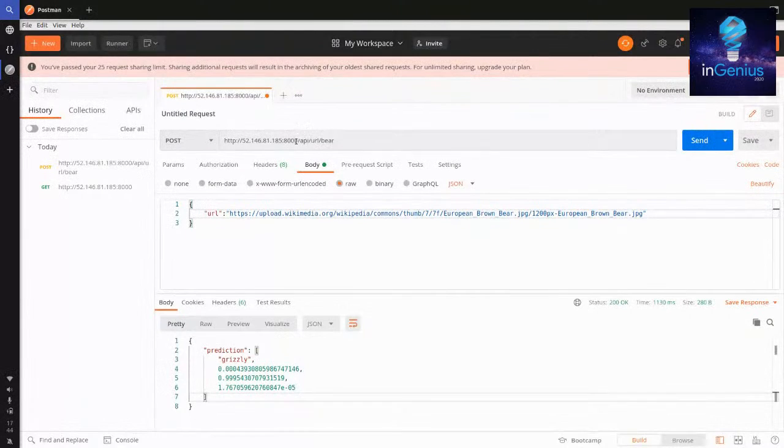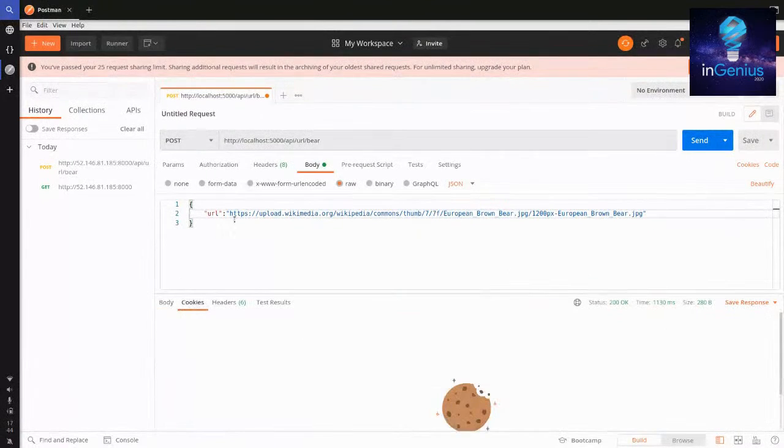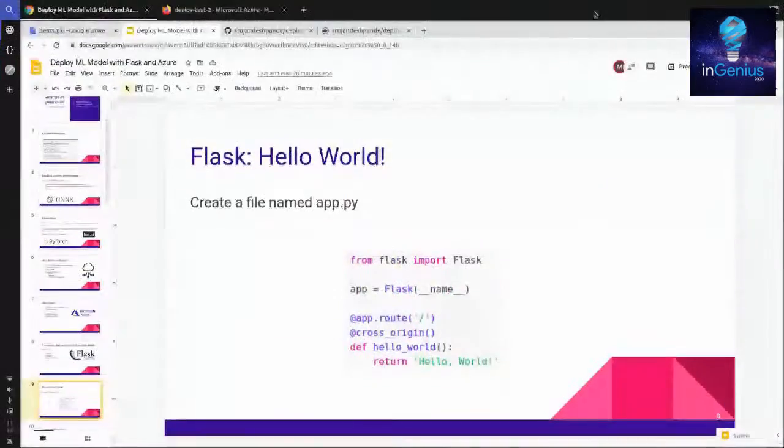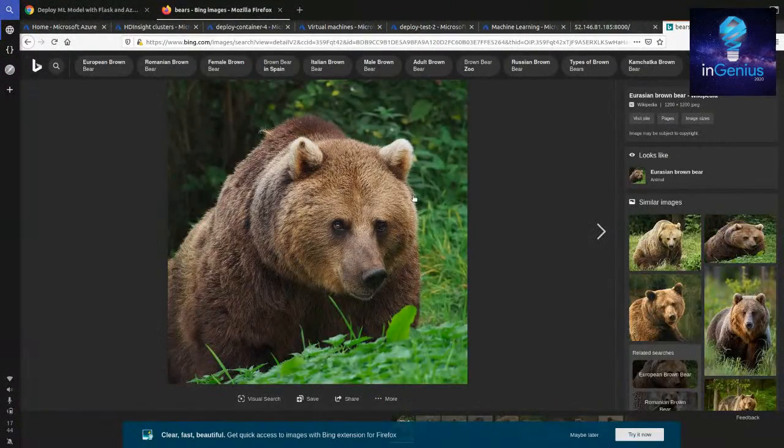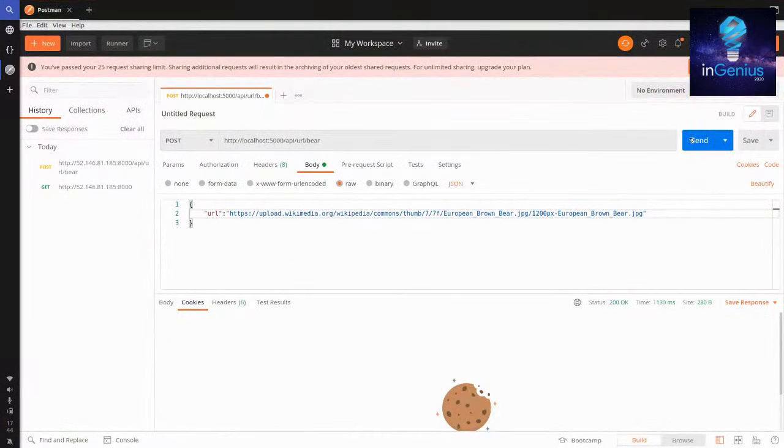Postman is a very nice tool that you can use for testing out your servers. In this case, I'm going to put localhost:5000/api/url/bear. And I'm going to give the URL as a picture that I got from Wikipedia. So this is just a picture. Give me a second to show you that picture. This is the picture we'll be using. It's a picture of a grizzly bear. If we go and send that request,